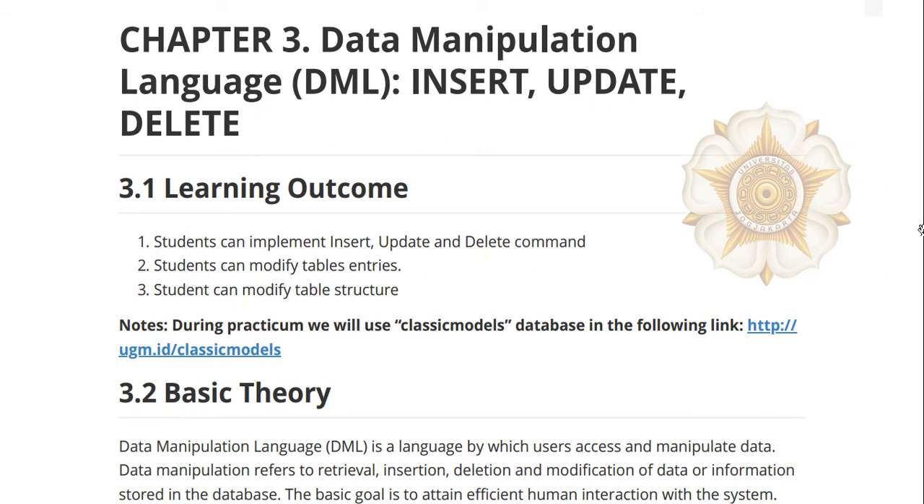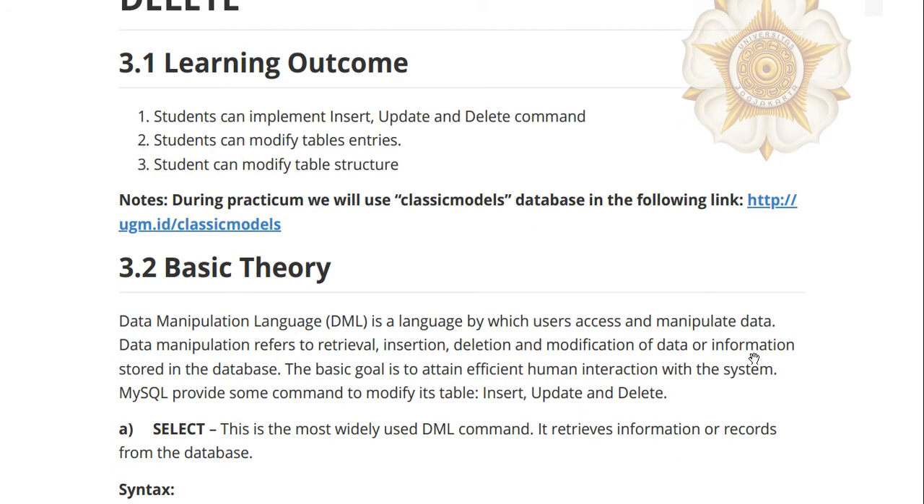In this video, I would like to explain our material, which is chapter 3, and the title is Data Manipulation Language, or DML, which consists of 3 common queries, which are insert, update, and delete. Before we start the practicum, please use the classic models database that you can get in the following link,